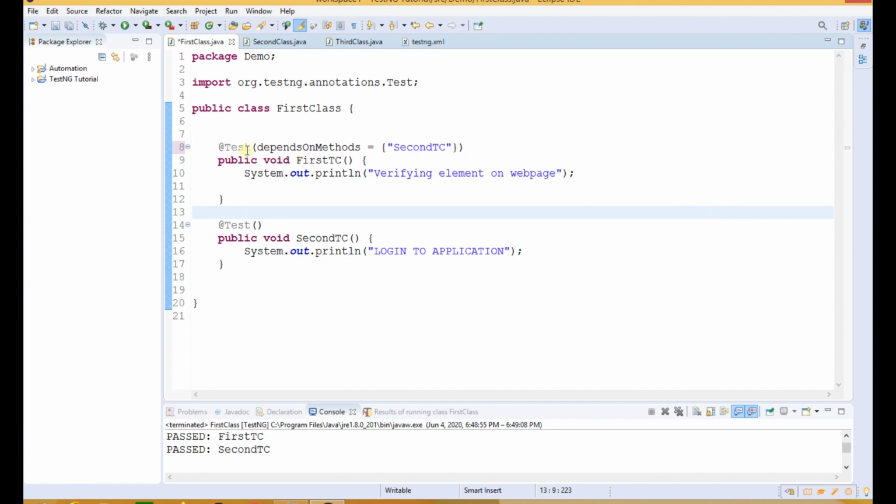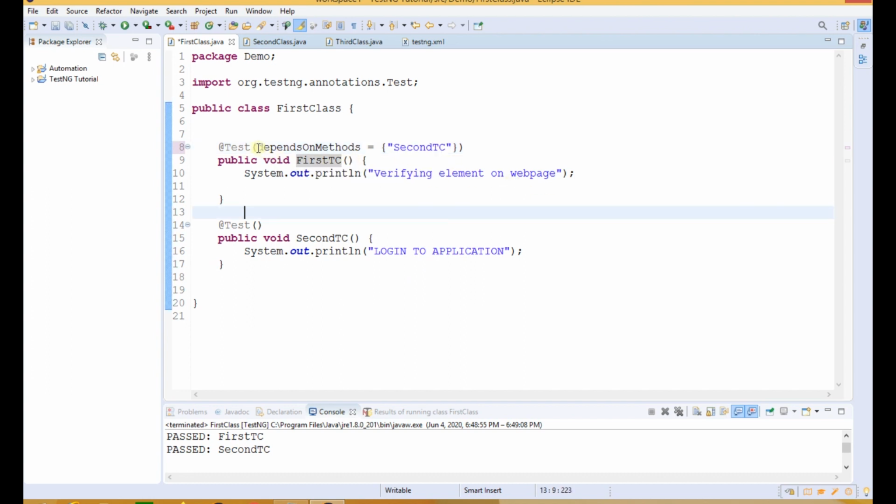This tells TestNG that the first test case is dependent on that test case, so before execution of the first test case, the second test case should be executed. TestNG will go to the second test case and execute it, and only after this execution is completed will the first test case be executed.